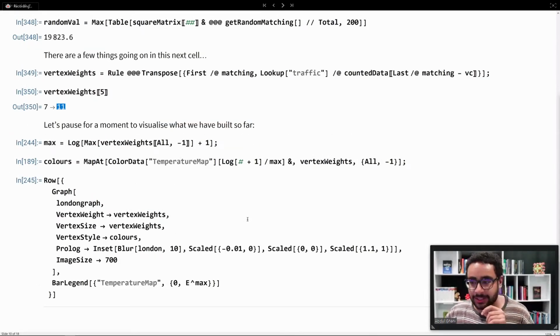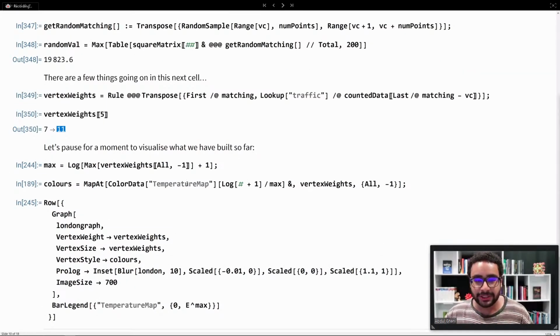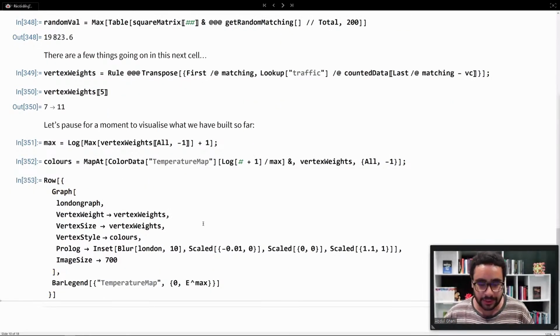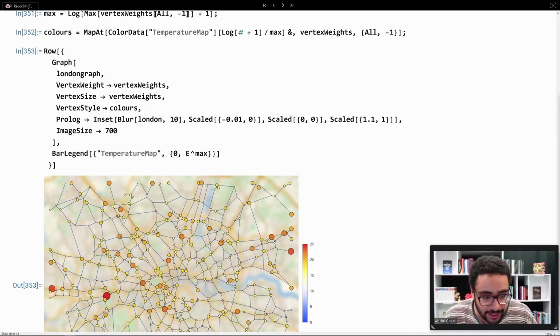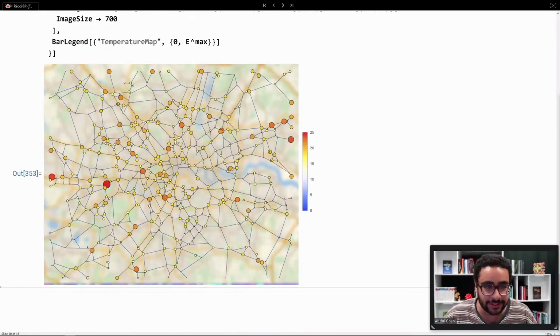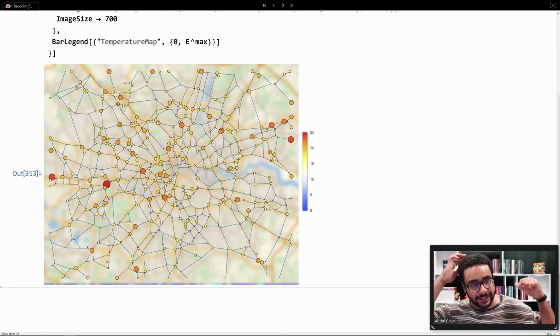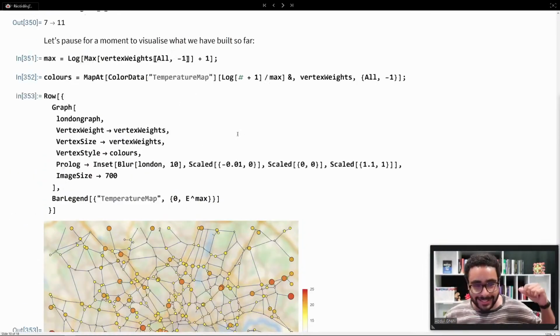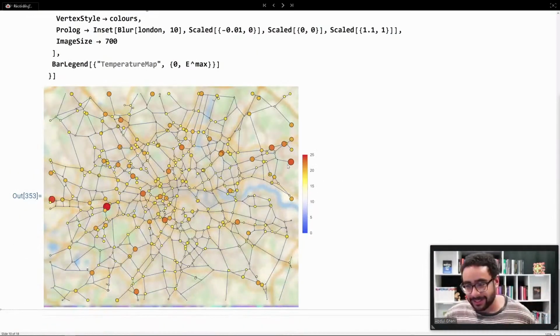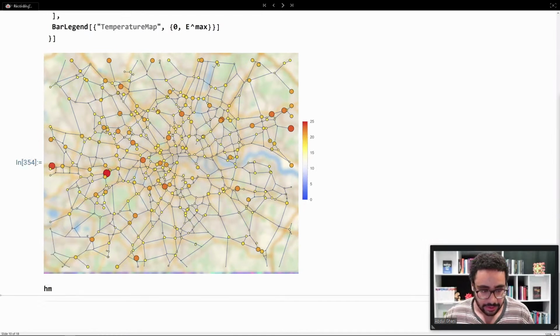Okay, so now we're going to pause just to see what we've done. So let's run this. Again, our graph looks roughly correctly located. But as I say, the matching was not great. I found this out later on when I went to create this little Manipulate thing that we did. But also, if you compare it to the heat map, it just is not great. Like if you look at the heat map,